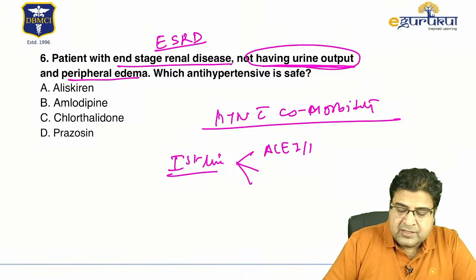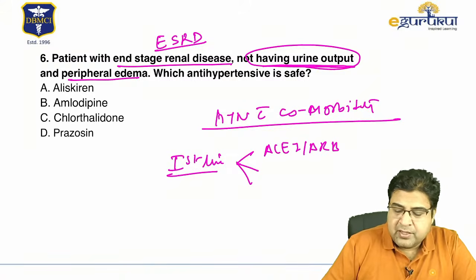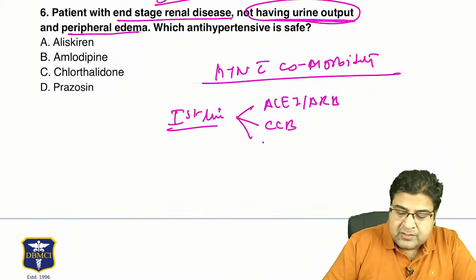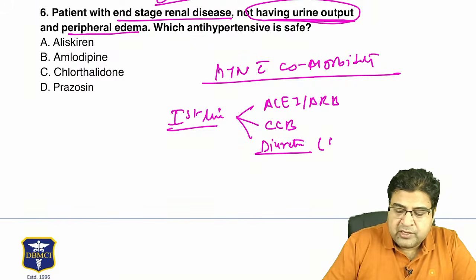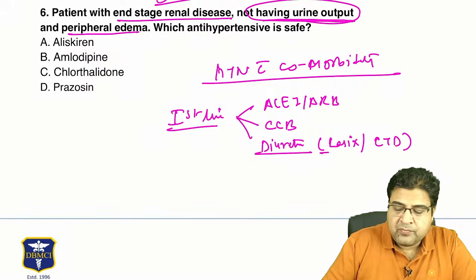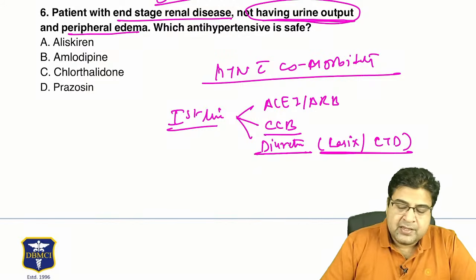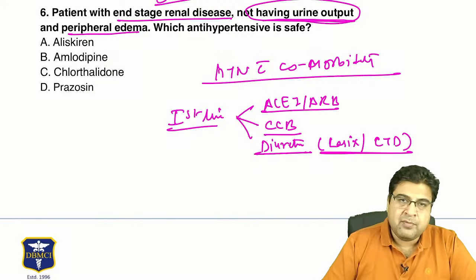One is known as ACE inhibitor, ARB. Second is known as calcium channel blocker, and the third is known as diuretics. And among diuretics, we can use two options. We can use Lasix, that is furosemide, or we can use chlorthalidone or the thiazides. So in diuretics, we can use loop diuretics and thiazides, calcium channel blocker, ACE inhibitor, ARB as a first line